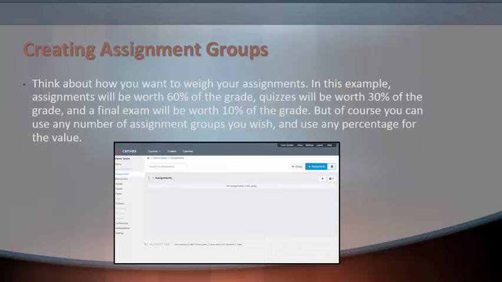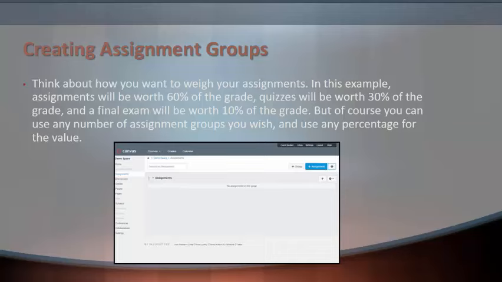So you may be thinking, oh, I'll add a group called extra credit for 5%, even though I already have 100%. But that does not work well. If you want to give extra credit, you can create an assignment in any of the groups worth 0 points, and then award points to students who complete the assignment. And you will see how to create assignments later on in this lesson.